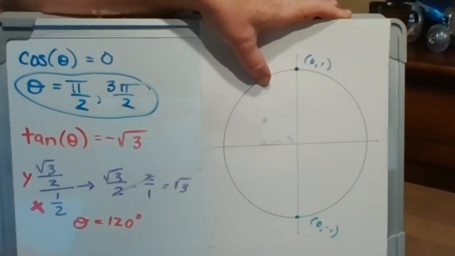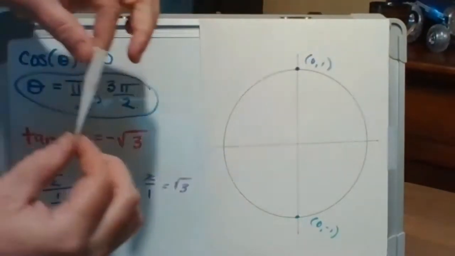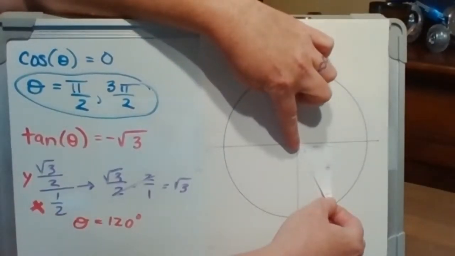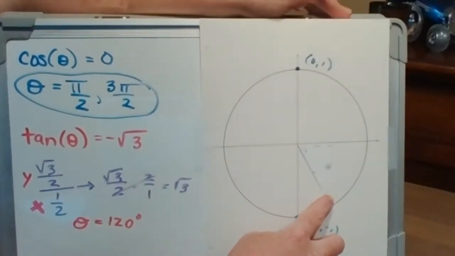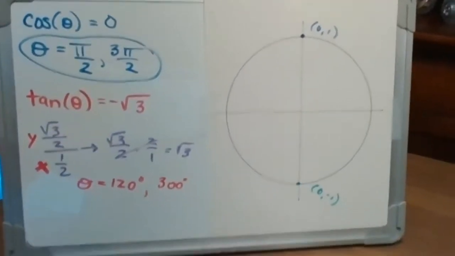so that I'm following the directions. And now I have a second triangle, same way, where the y value is the square root of 3 over 2 and the x value is a half in the fourth quadrant. Reference angle of 60 again. So what's our actual angle measure? 300. So our answers are 120 degrees and 300 degrees,